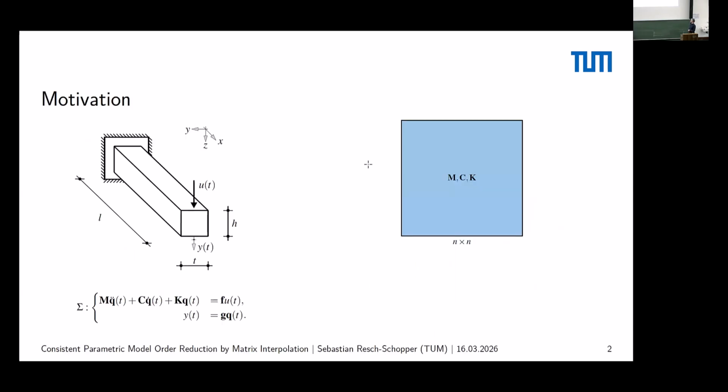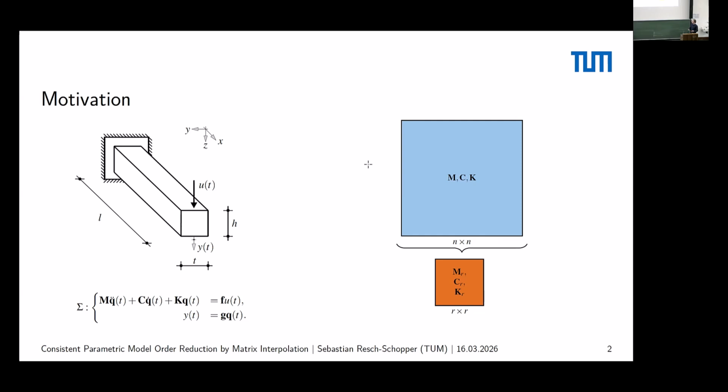So let's first take a look at the motivation of the problem. As I said, we look into some problems of structural dynamics, here depicted as a beam. We discretize them with the finite element method, so we get this second order differential equation here. And as Dionysius also explained, we might end up with large matrices to solve if we want to go to a certain frequency that we want to investigate. As we heard in all the previous talks, one solution to tackle this is to do model reduction. So we have smaller reduced matrices, and we can perform this frequency sweep or solving in many time steps more